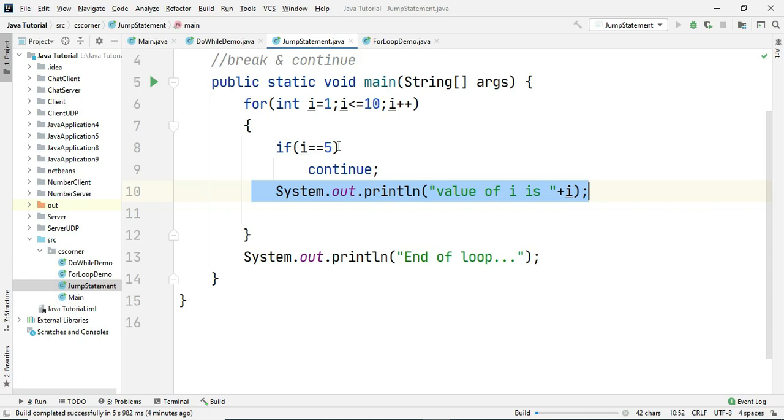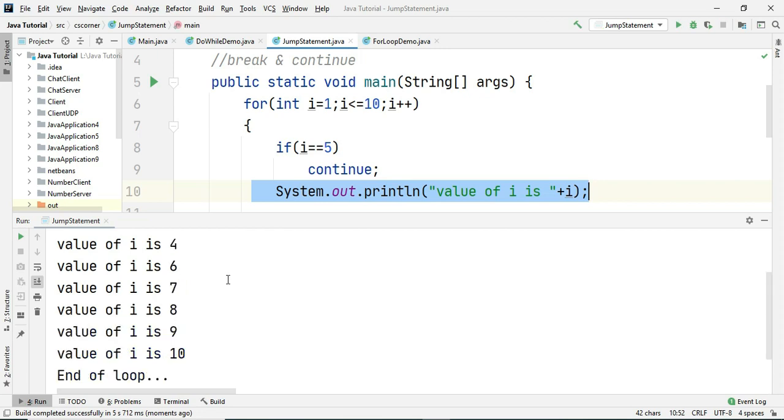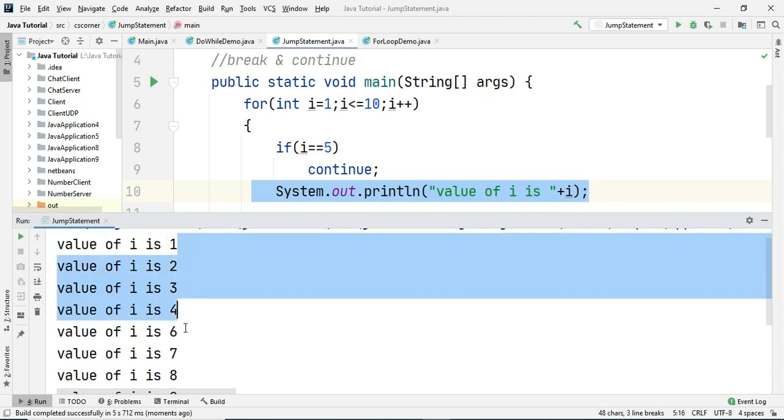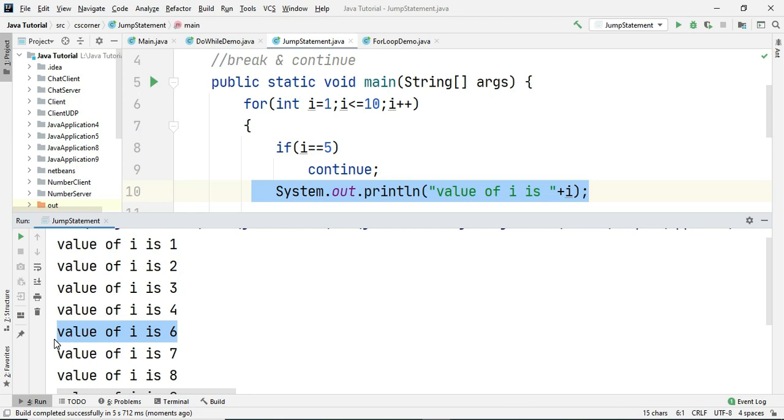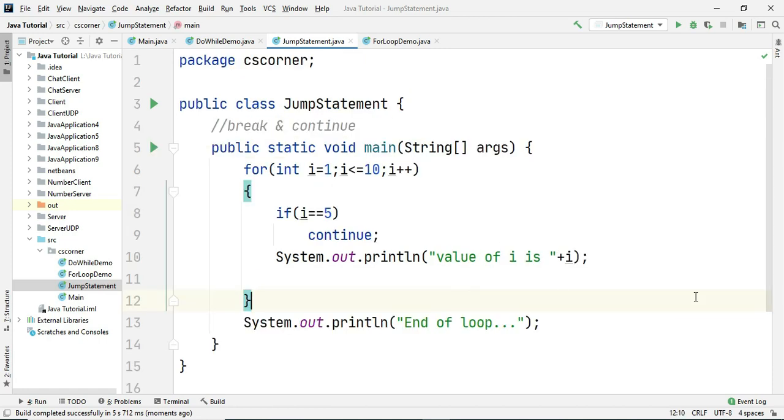The value of i as 1, 2, 3, 4 and then 6, 7, 8, 9 and 10. You can see 1, 2, 3, 4, and I'm not getting the value 5 because I have written if i is 5, continue. That is the purpose of continue. It is used for iterating to your next value. This way you can use break and continue statements in your examples or in your programs.